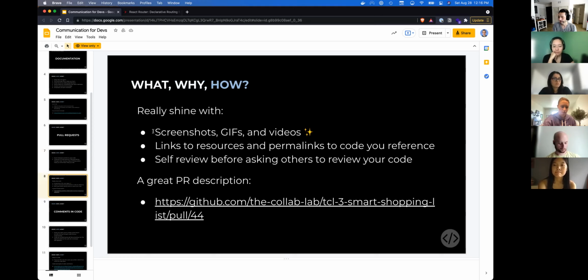So you've all been doing screenshots, which is awesome. You can also use GIFs in pull requests. You can do videos. For instance, if you're testing it and something's broken, you can send a video in a comment or something, and someone can quickly see how their PR affects the code. Adding resources and links to the code. GitHub has a lot of that, which we've seen already. You can link code selections.